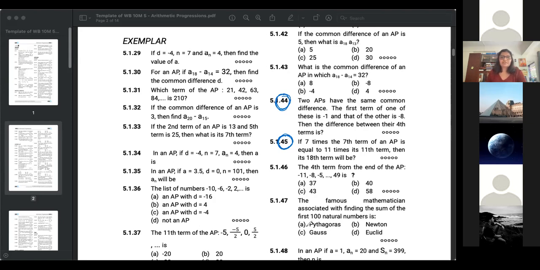ध्रुव, अनिर्बान कौन से क्वेश्चन में हो? 44. Okay. Which one? 44 or 45? 44. Speak properly, no? You're muting immediately. 44. Okay. 45 का answer correct है. Are you doing 44 now or did you not get 44? क्या हुआ?